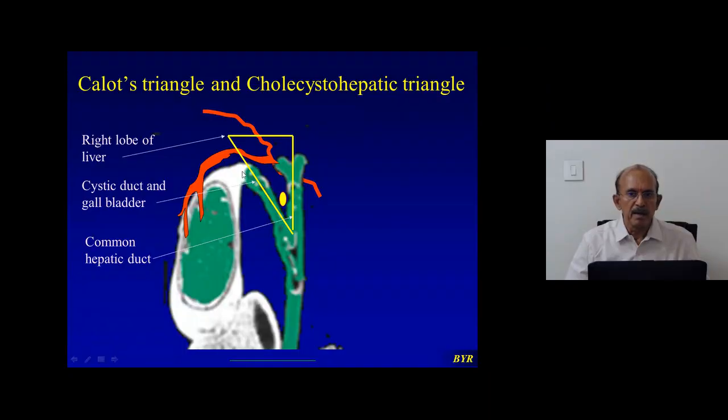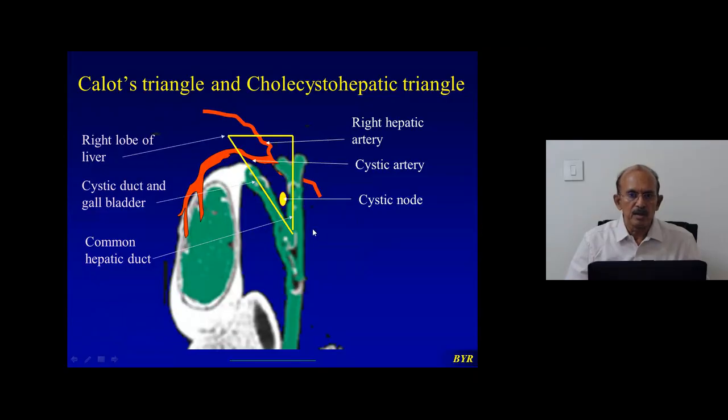So the triangle made between these three is called Calot's triangle. Originally, Calot, an anatomist, described not this triangle but this triangle. Of course, the contents of this triangle being the right hepatic artery,